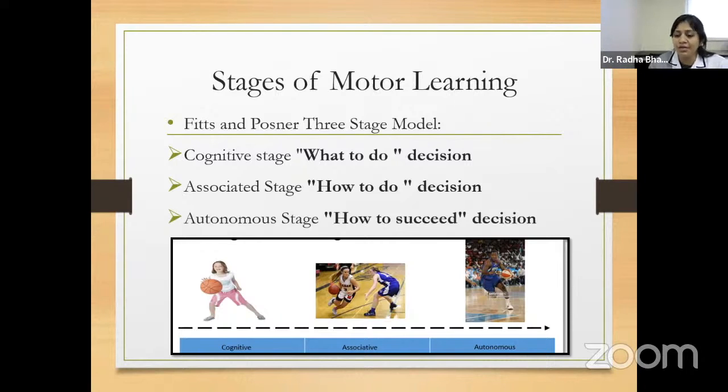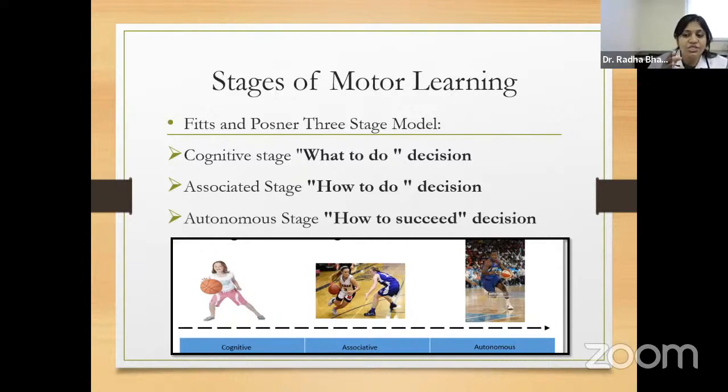Initially, if somebody is learning to drive, we have to pay a lot of attention. What is on the right side, what is on the left side, what is coming from behind, then am I right, is my foot correct, is it on the clutch, now I need to press the clutch, I need to change the gears. So a lot of repetition, recall in our memory and cognition is required, and then we do that particular driving when we are initially learning.